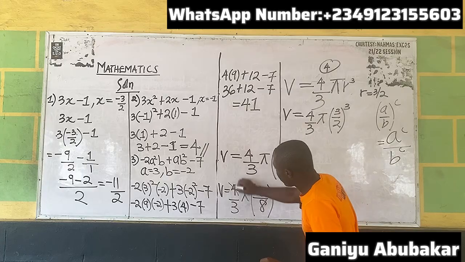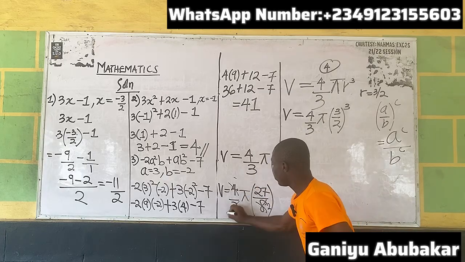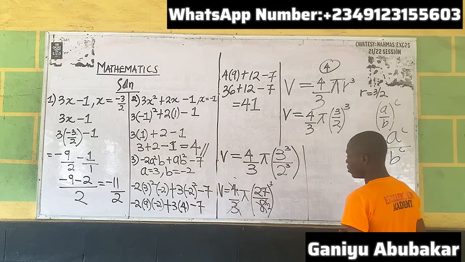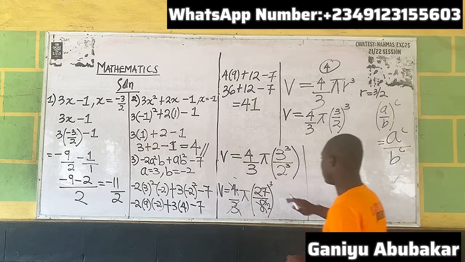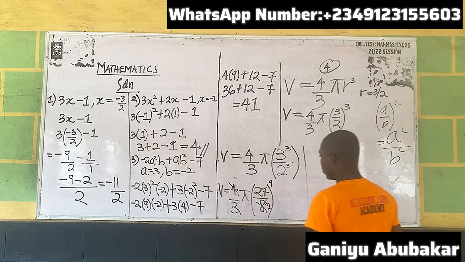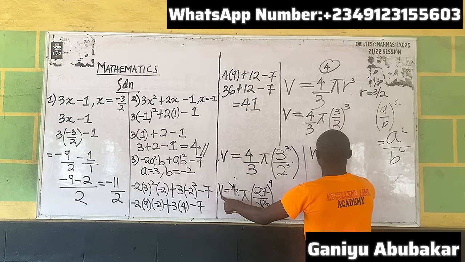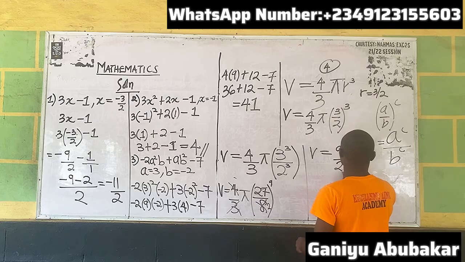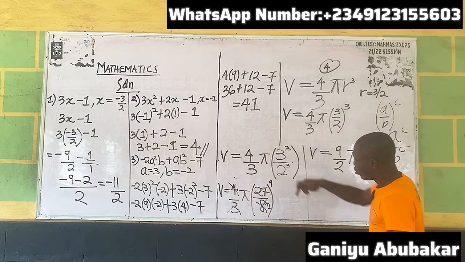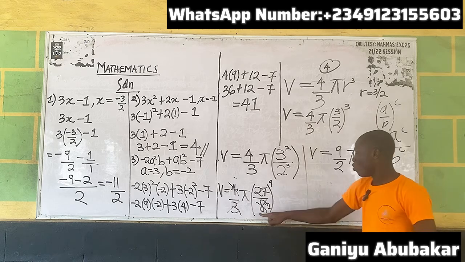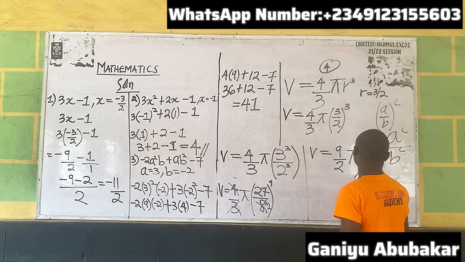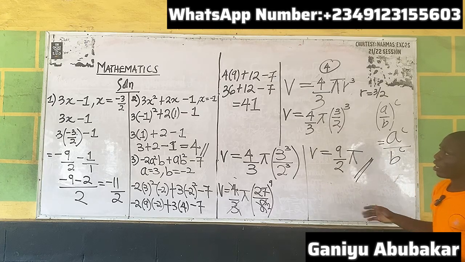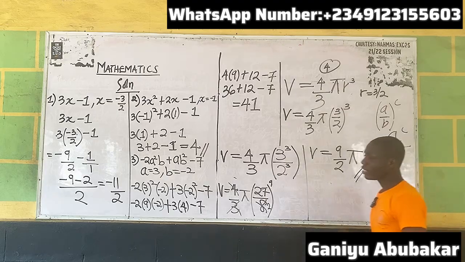From here, 4 over 4 gives 1, 4 over 2, 3 over 3 gives 1. Sorry, 9 part C, please. That gives you V equals, I'm having 9 pi left over 2. That was left. So 9 times pi gives you 9 pi over 2. So my answer gives you 9 over 2 pi. This is how you work on this particular question. So this is the concept behind evaluating